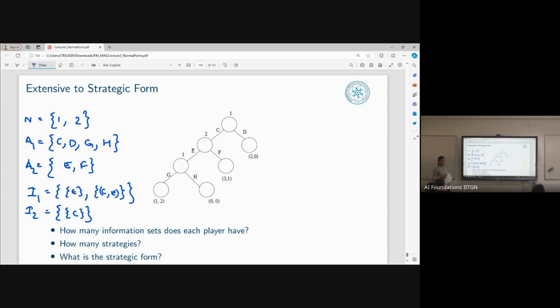Now, how many strategies would agent 2 have? So let's see. Two strategies. How many strategies can agent 1 have? So, strategies for agent 2. What is a strategy? A strategy is something that maps an information set to an action. At C, agent 2 has two possible actions, E and F. So it can be